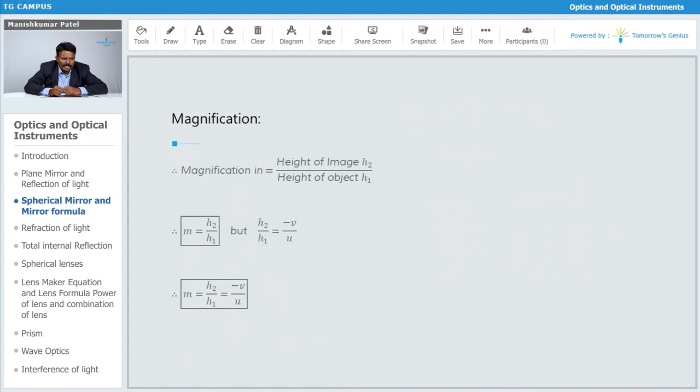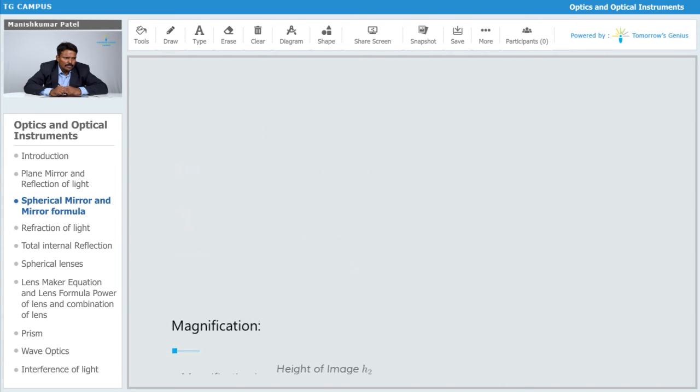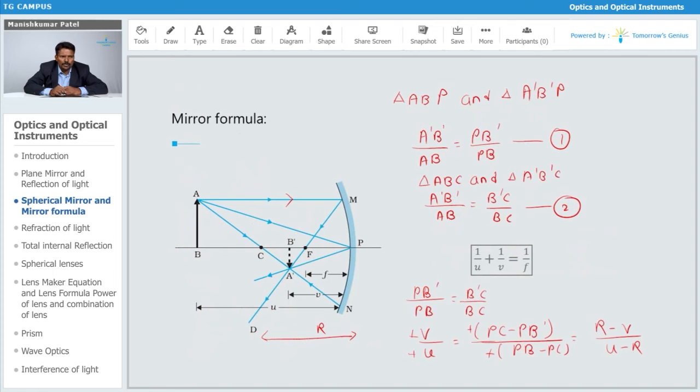Now based on the same thing, we have to study the magnification. So what is the magnification? Obviously the magnification means we are just going to compare the size of the image upon the size of the object, or you can say the height of the image upon the height of the object that you have to calculate. The same thing we can do over here also, considering those triangles. If you observe these two triangles which I have shown, you have to talk in terms of their height.